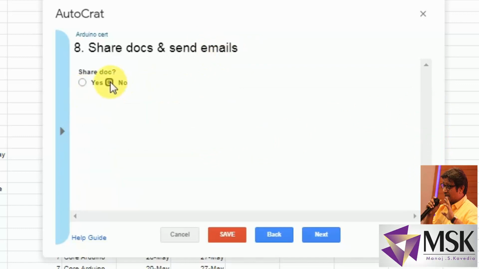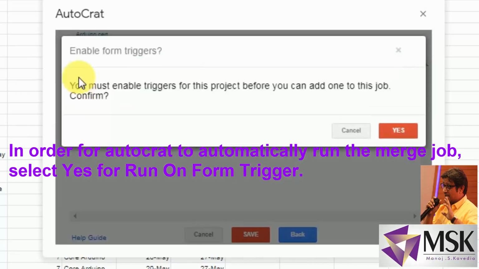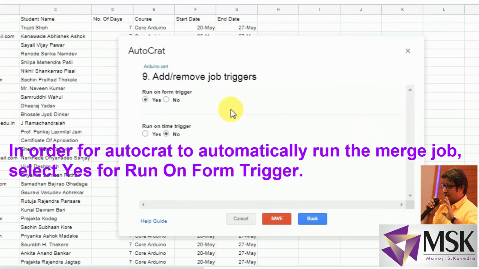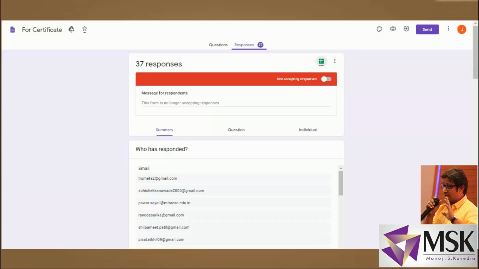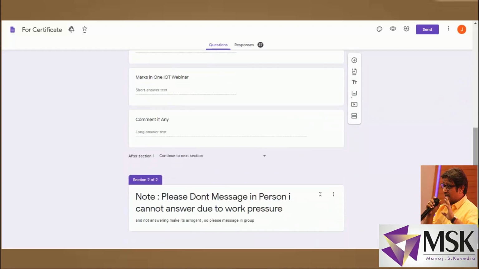So by default it was yes. Now I say no. Then coming to add or remove job triggers. This can be used to automatically merge the job when there is some trigger. Let's say the trigger is when the response is saved, it should generate the certificate. So for that purpose you can say trigger as yes,